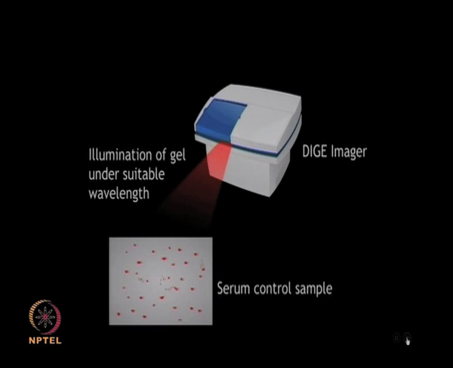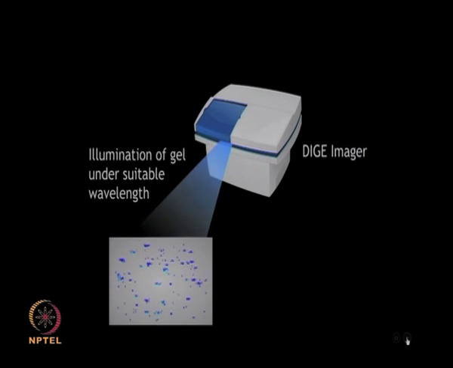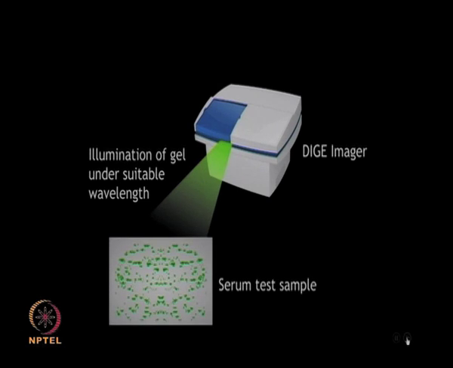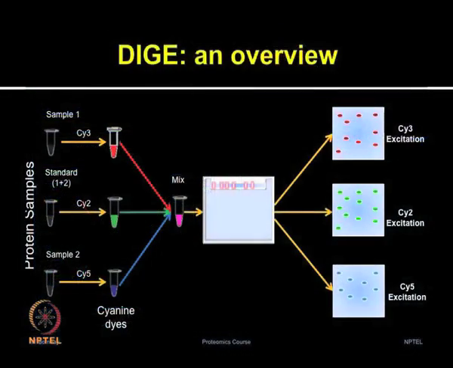From the same gel, 3 different images can be obtained for Cy2, Cy3 and Cy5. Therefore, there will be no reproducibility issue and various artifacts can be eliminated for the clinical or large number of sample analysis. So, the main aim for the development of difference gel electrophoresis was to overcome the inherently poor reproducibility of conventional 2-dimensional electrophoresis.